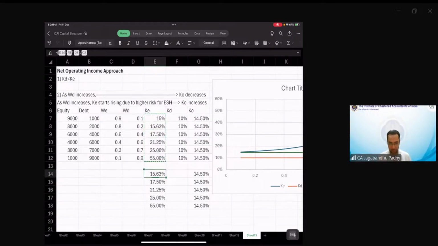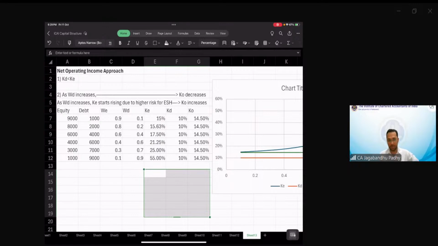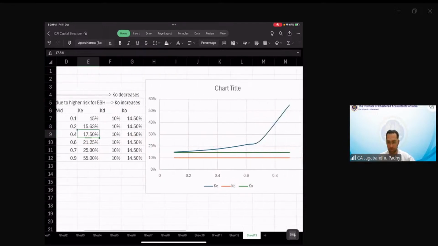Okay. So these are basically the cost of equity. So what this model says is your overall cost of capital is going to remain constant because KE is rising. Okay, so cost of equity, what we observe, is rising due to greater risk from the higher